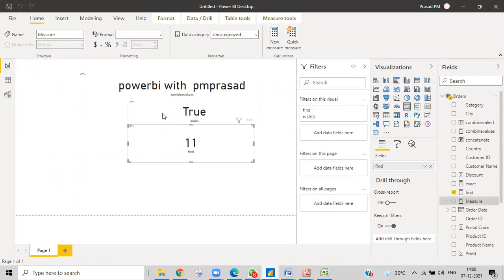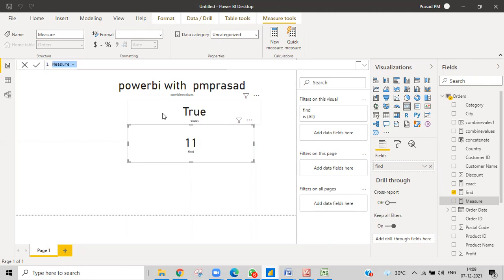You can't use columns directly in measures. That is a mandatory thing. Using some aggregate functions or something else, you can use columns, but you can't use columns directly. Earlier we used to write combined values and take a lot of things, but not in measures. If you do any calculations in measures, you can't take a column directly. You need to use some aggregate function. Just keep in mind that is mandatory. There should be something before that, then only you can do that.